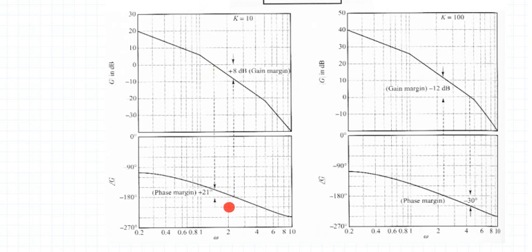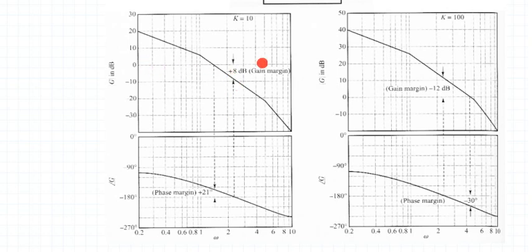Now I'll take the difference between the 0 dB line, so this is your 0 dB line, and the projected point. So 0 minus, what is the gain I have identified here, is close to minus 8. So 0 minus of minus 8 becomes plus 8. So gain margin is plus 8.